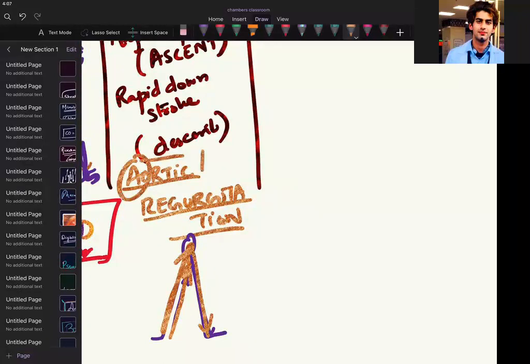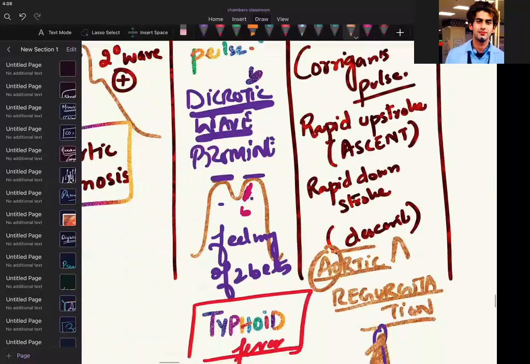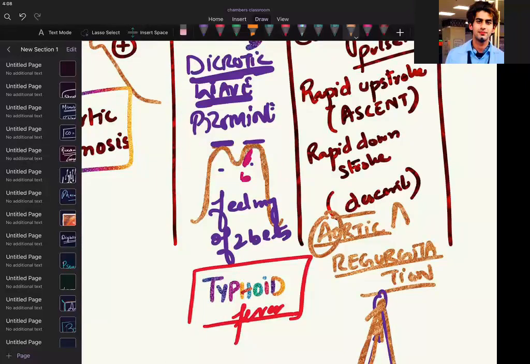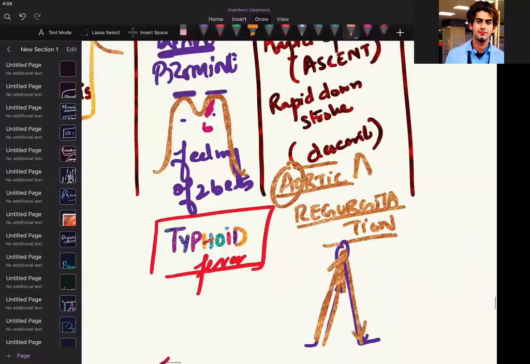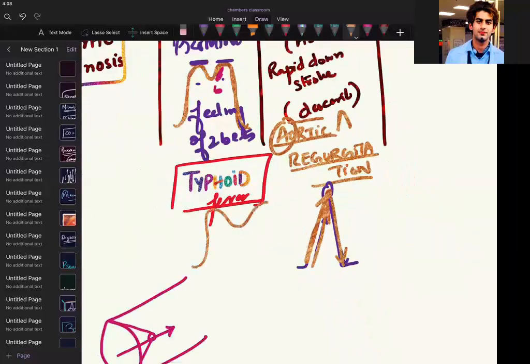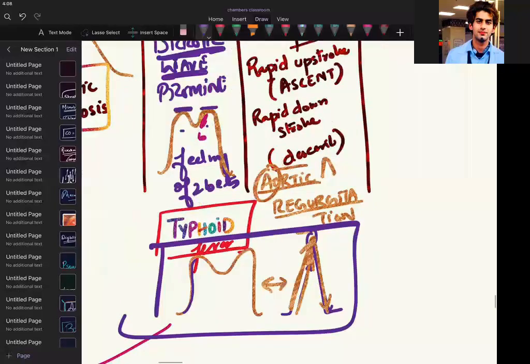But in stenosis, yes, exactly. There is a slow rise and sloping is happening. Exactly. That's what you have understood. Beautiful. Anacrotic, can you see? Can we see the difference? This is what your visualization should be. Can you see here the pointedness? Can you compare them? See, I will make an M again. Can you see the difference? How slowly I am going? I hope you have understood this. Okay. Very nice.